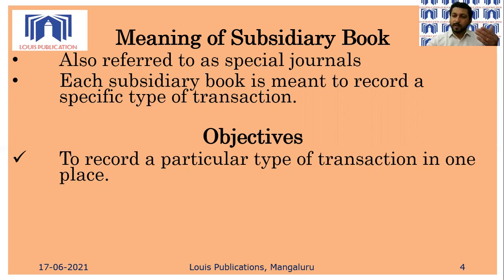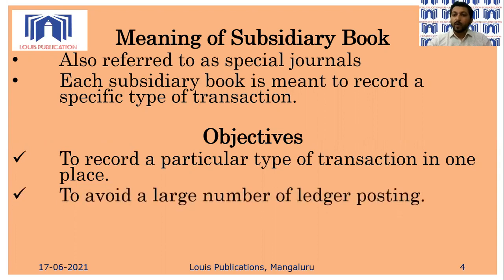Now, if I take an example of our very homes, we know where we keep all our footwear. We have the footwear stand either outside the door or inside the door in some corner. We know where the kitchen is. We know where the plates are kept because we have identified that this is where this particular item should be. Similarly, in accounting, to make the life of an accountant very easy, we identify a transaction and we know we are going to find this transaction in which accounting book. So, to record a particular type of transaction in one place.